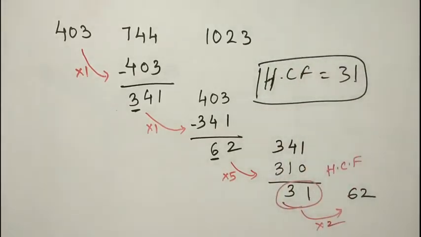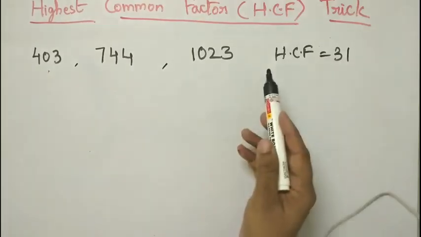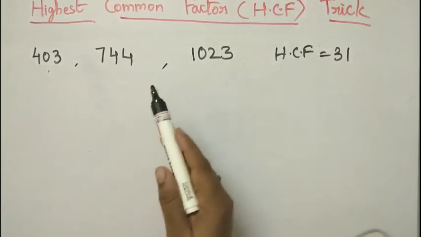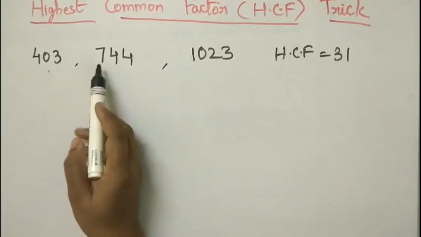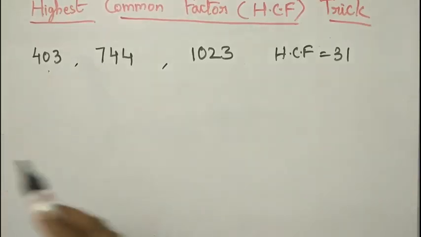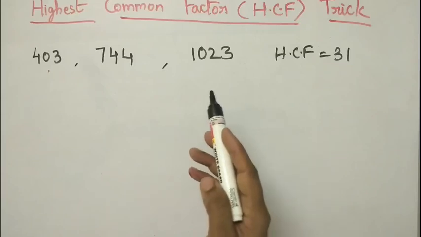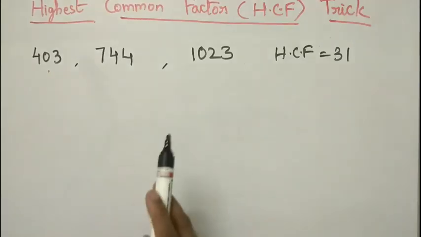In the next example, let us take decimal numbers and study how the HCF will be for those numbers. The thing I want to tell you is that if more than 3 numbers are given to find the HCF, it is enough to find the HCF of the first 2 numbers. The same HCF will be for all the numbers which they give. So it is enough to find the HCF of the first 2 numbers.